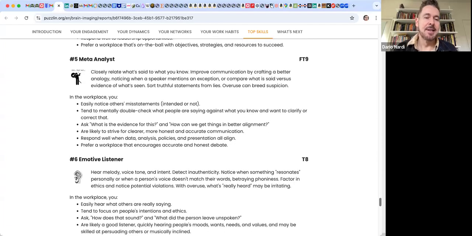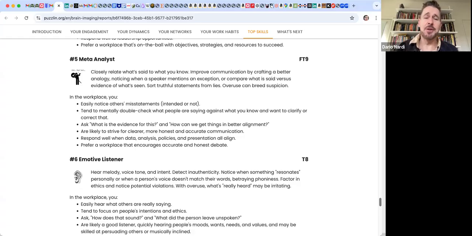Meta analyst, this is so important. I think for people who do it, they take it for granted. And for everybody else, it's like somebody says something to you, and does that actually jive with what they said before, or what you know from evidence or fact? How do things actually match up? It says sort truthful statements from lies. It isn't necessarily that the person may be lying, they just may be inconsistent or not paying attention to what they're saying. But it is an important part of understanding when we're interacting with people, if we're in a decision-making